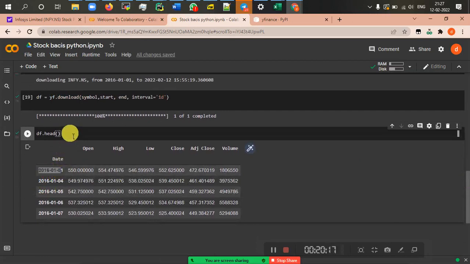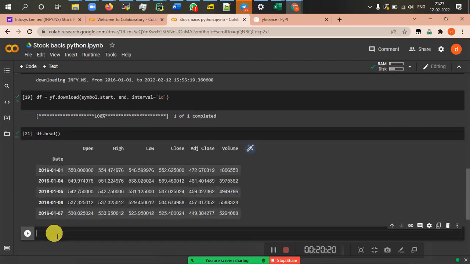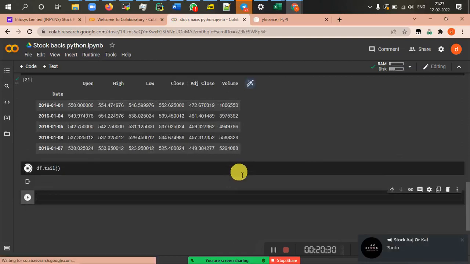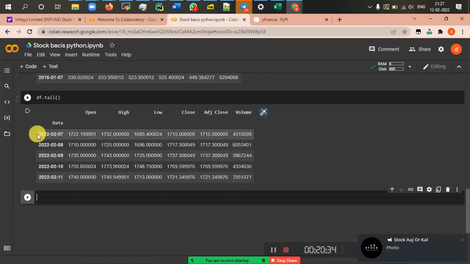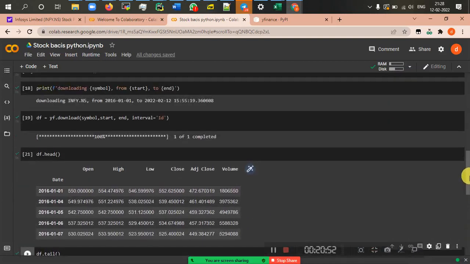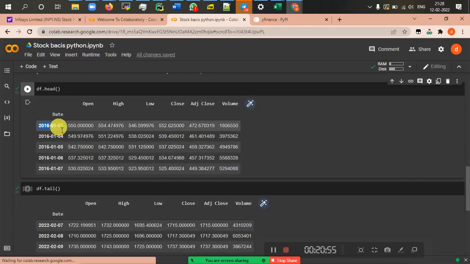Okay, you have df.tail. I'm going very fast. If you feel you don't understand, please let me know. Okay, df.tail. Tail means at the end, right? And you can see February 7, 8, 9, 10, 11. And you will see open, high, low, close, and adjusted close. After the market closes, Yahoo updates the close price, but you can ignore that for now. And volume. So we have data from 2016